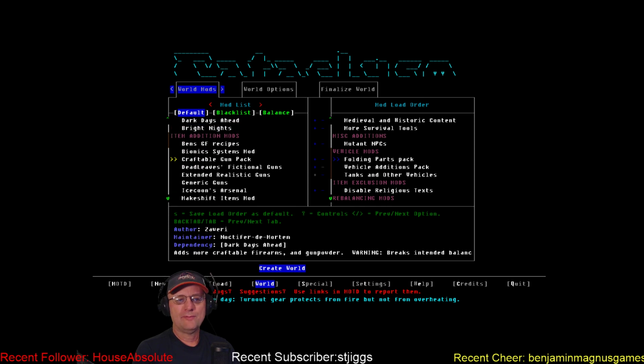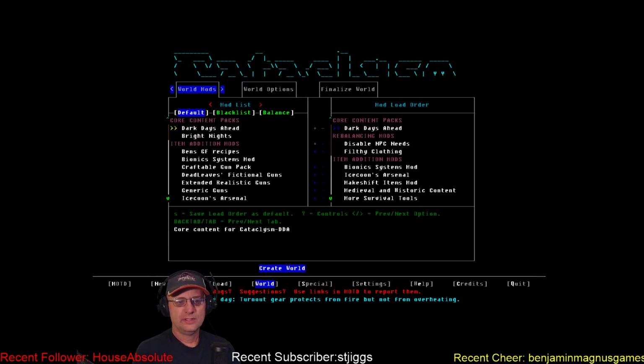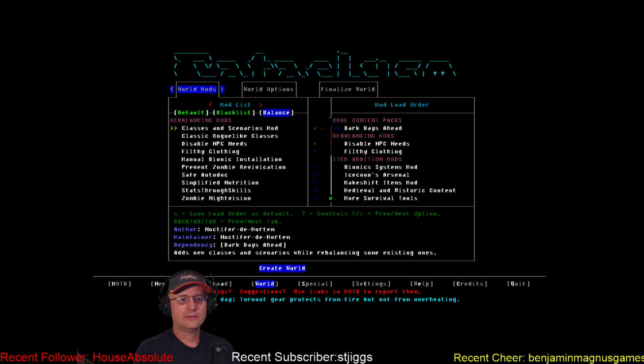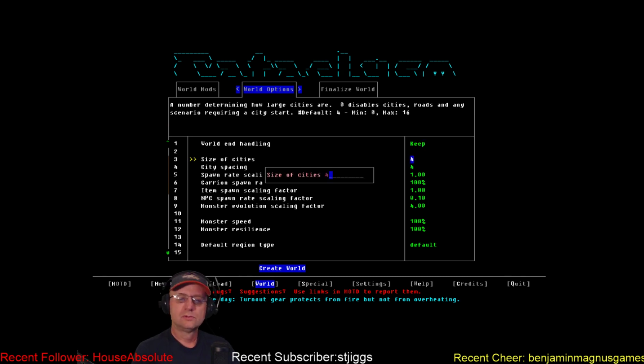I was having problems with map gen coming up really weird, and I think too many of the slots were getting taken up with some of these, so I think I took those out. Whoops. Let's save that as the default for now. Alright, don't care about the blacklist. I've got the balanced ones I want. Alright, what are we gonna do? Let's do...